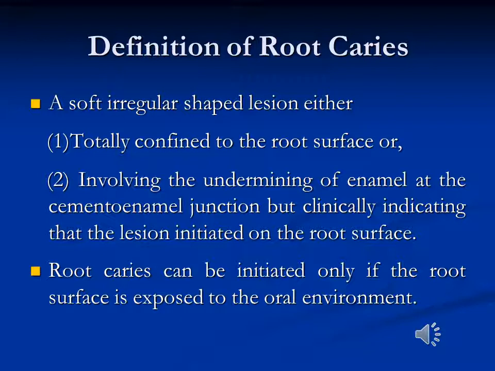If there is a healthy gingiva, healthy periodontal ligament, there will be no root caries. If the gingiva and the periodontal ligament are healthy and at the acceptable clinical level, there will be no root caries. If the root is exposed to the oral environment, this means caries